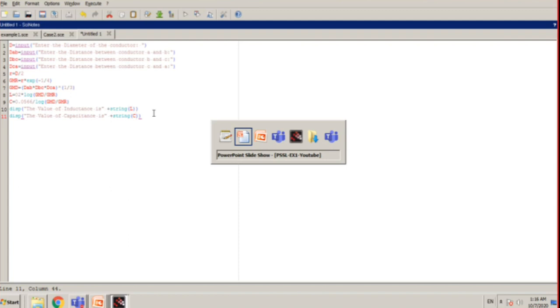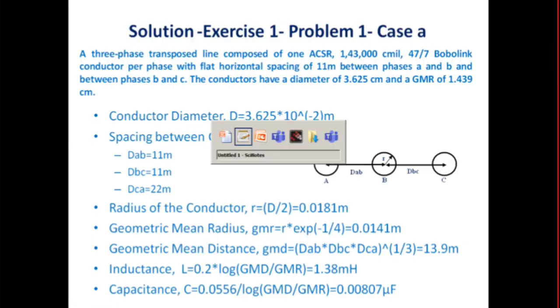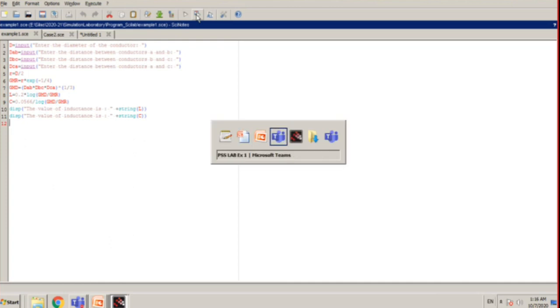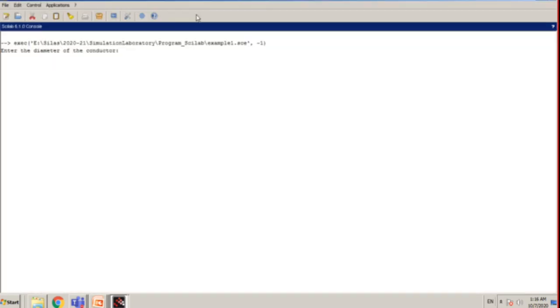Now we have to run the code to obtain the value for inductance and capacitance. This is the code which we have written. I just save and execute it. Now I move on to the console. The console is asking for the diameter of the conductor.